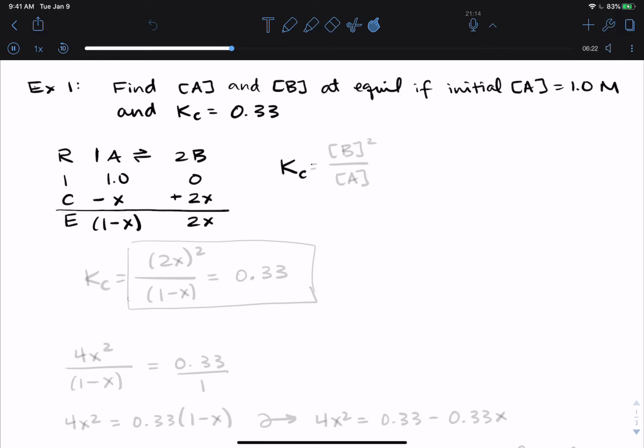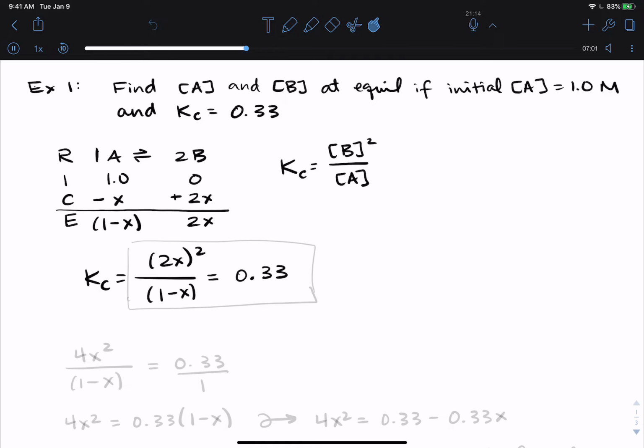Now, my equilibrium constant expression looks like the concentration of B squared over the concentration of A. So when I substitute this in, I need Kc equals, B is 2x. So that entire 2x has to go inside the parentheses to B squared. And then in the bottom, I have 1 minus x. And I know the value for this. I know that this equals